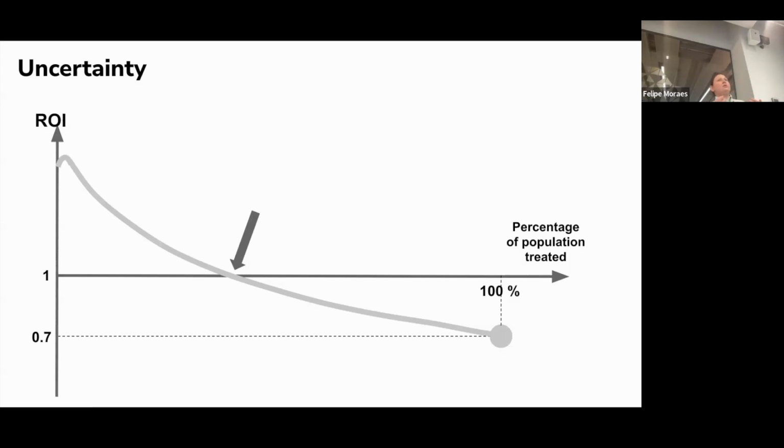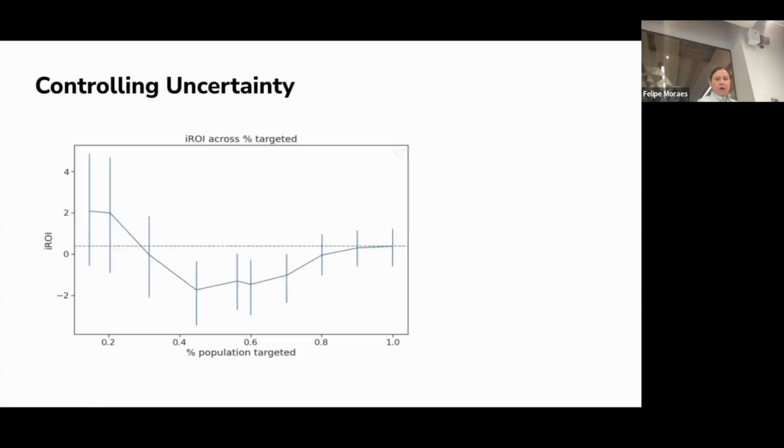But if you apply it to real-time traffic and measure the potential uncertainty, it can be harder to decide which percentage of the population you should treat. And there are two ways to deal with that kind of uncertainty.